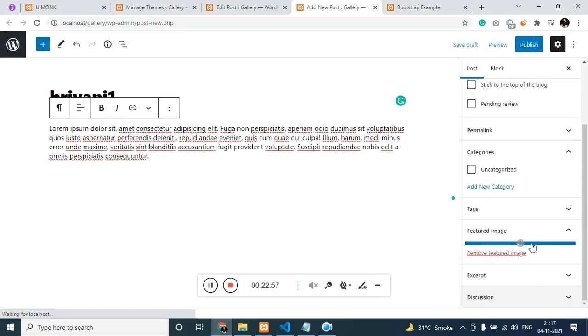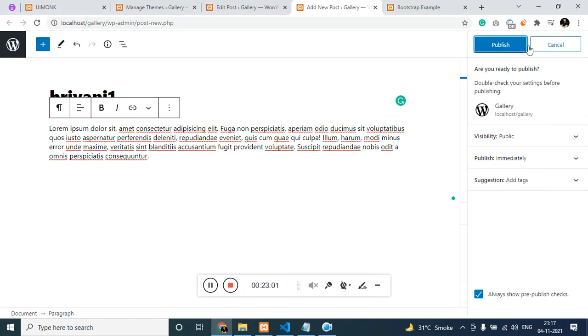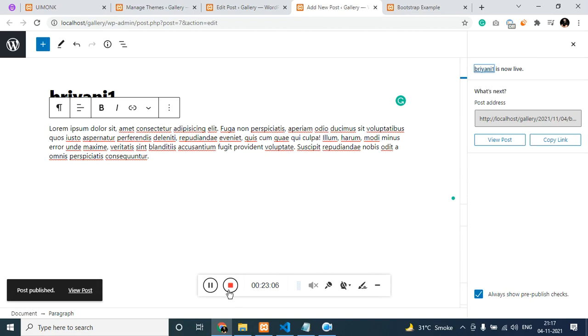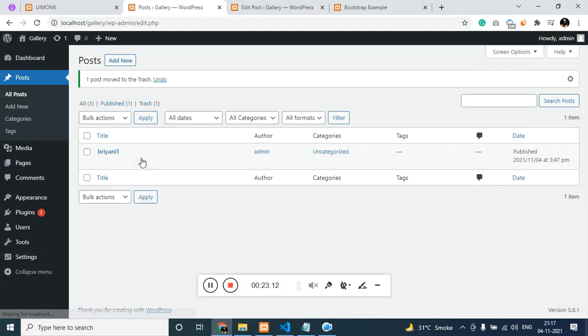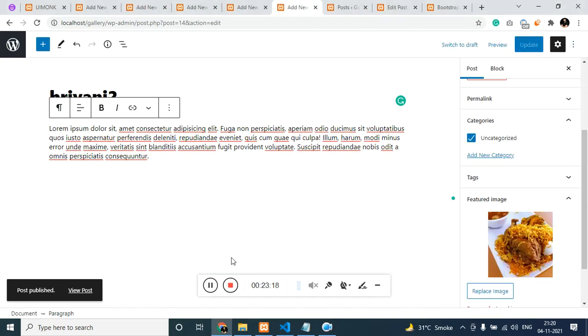Click on set. Let's make this gallery. Click on publish. Likewise, I have to make some 7 to 8 products. I'm pausing and doing it, and I'm deleting the old standard content because we just need only the gallery to show up. So now I have created some of the values.